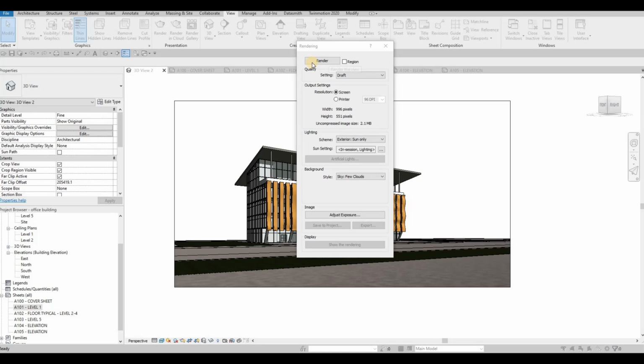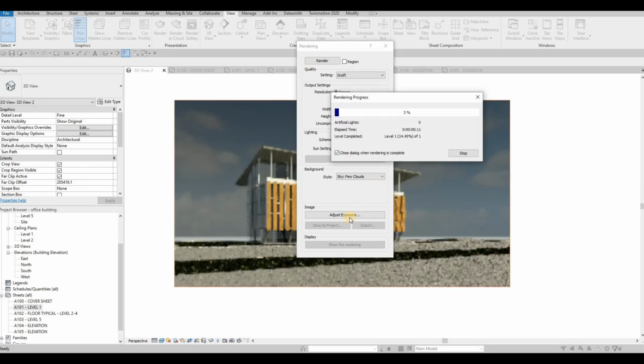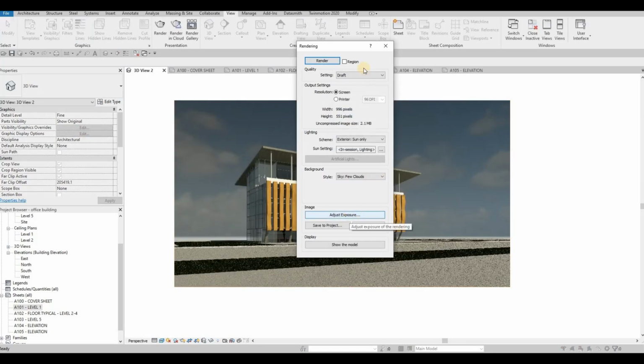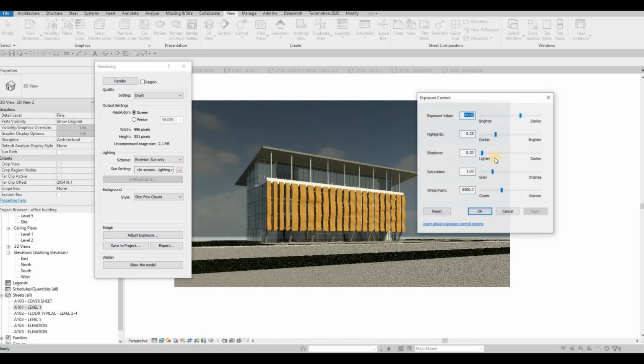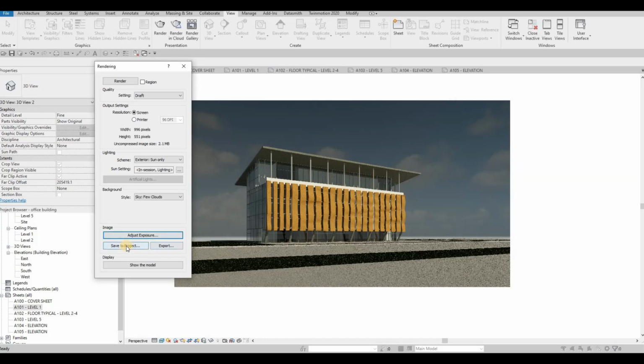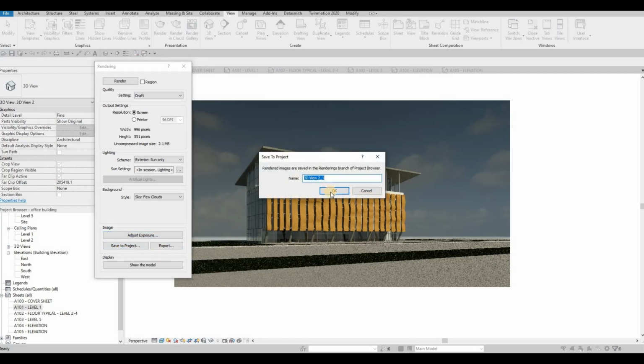and then once we render that, we're gonna save it. We can adjust exposure if we want to. So for now we have this. You can adjust exposure if you want it to be darker a little bit, and then click apply, and as you can see the shade or the change in exposure. And then after that, you can save it or export it. We're gonna save it to the project, and then it will create a rendering